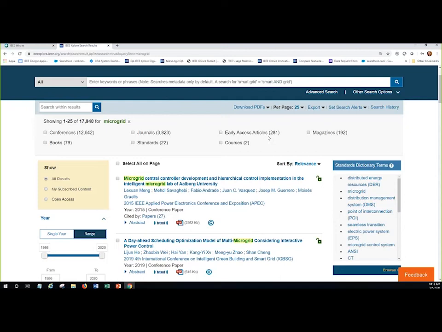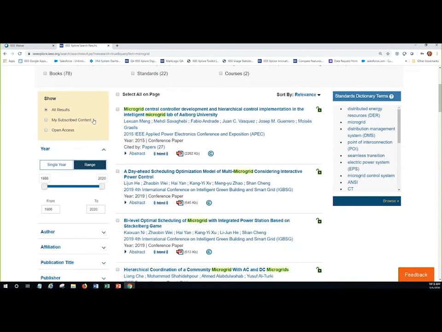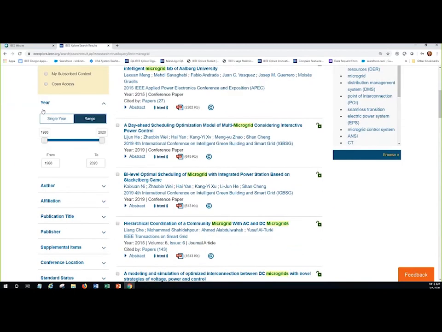So when you're online on Xplore, you get to see content months in advance of print. As you scroll down, you can narrow down to just your subscribed content, or you have a variety of options that we call facets along the left-hand side, which allow you to narrow down by publication year, so you can be in control of the time frame from within which you're searching.